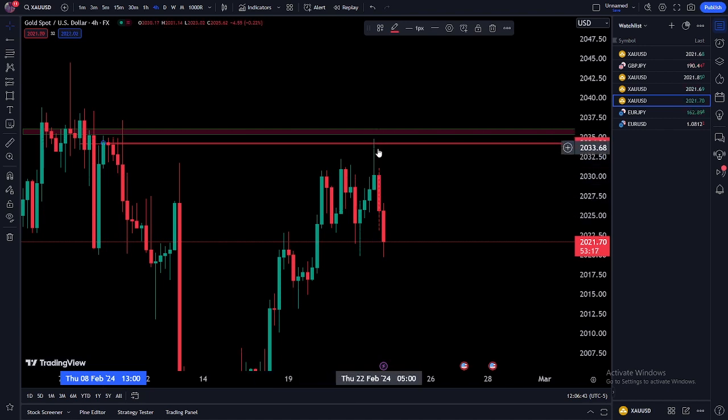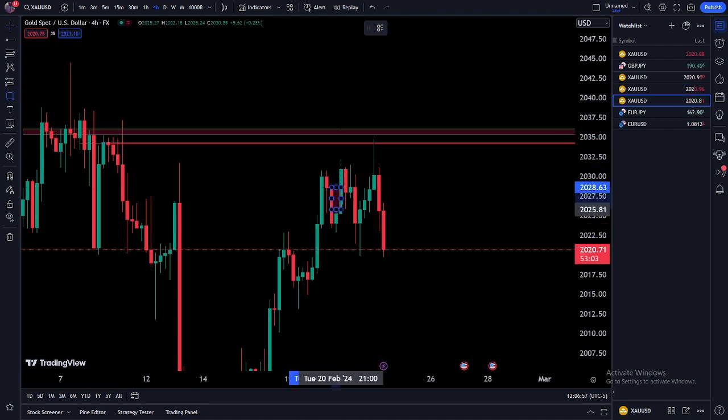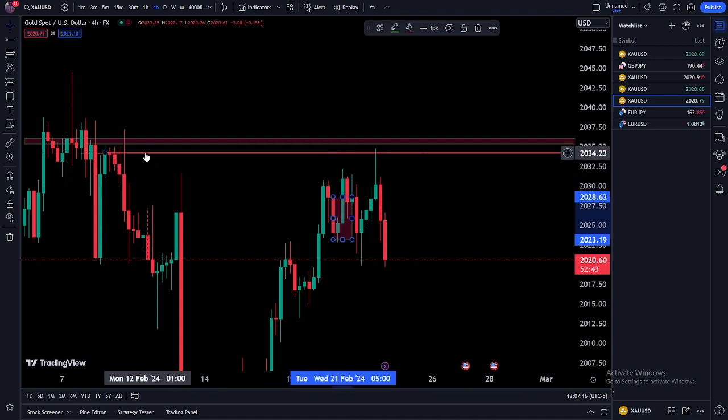So what we are seeing is that the market rejected from this gap level and also rejected from the SNR resistance level. If you go to that level, we have a sell engulfing here. Actually, this one is not a sell engulfing. We have a buy engulfing here, and this buy engulfing failed. So the market has come back to this level. If you look closely at this level, which is the 20434 level and the rejection level,